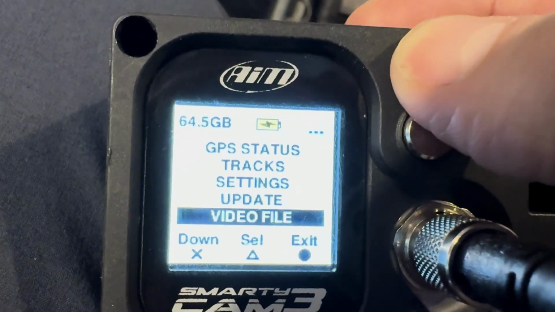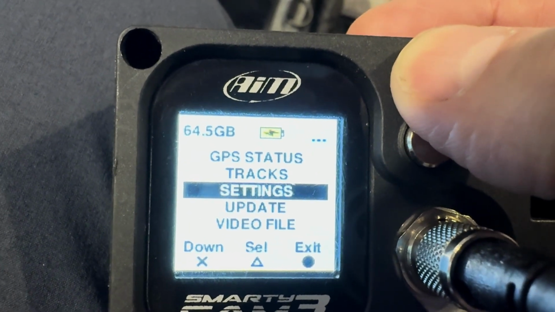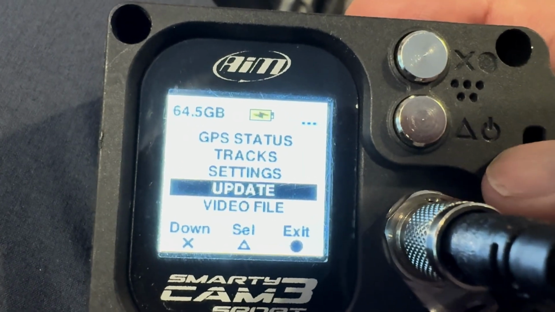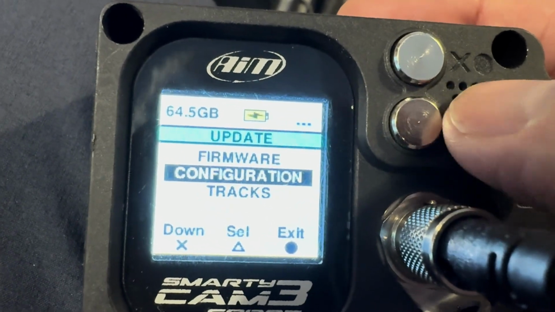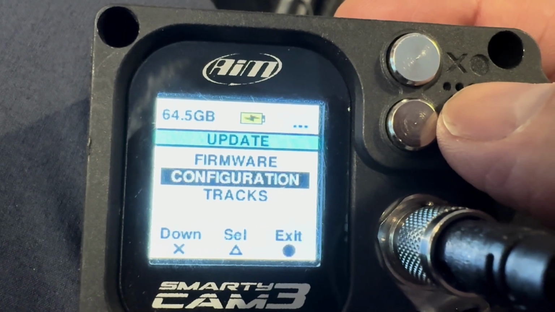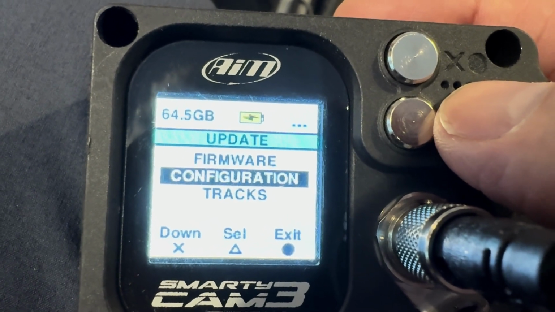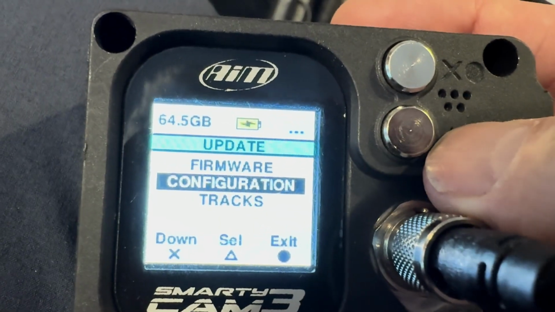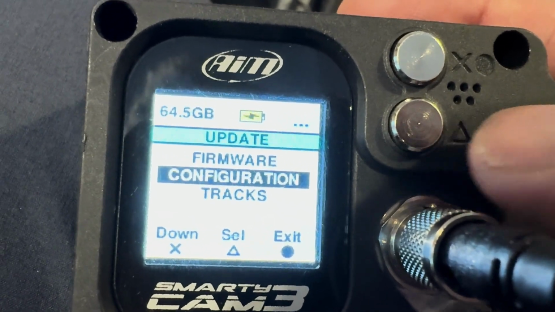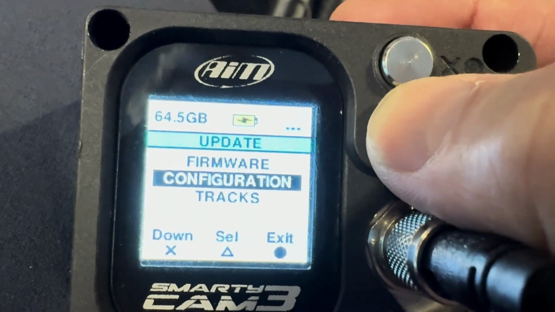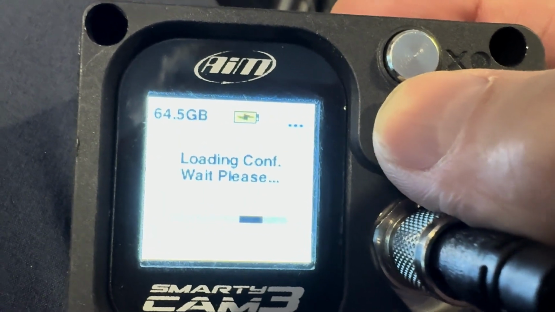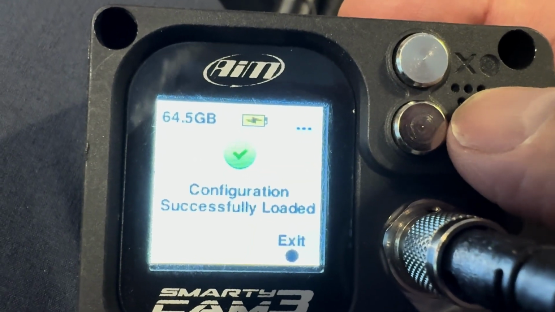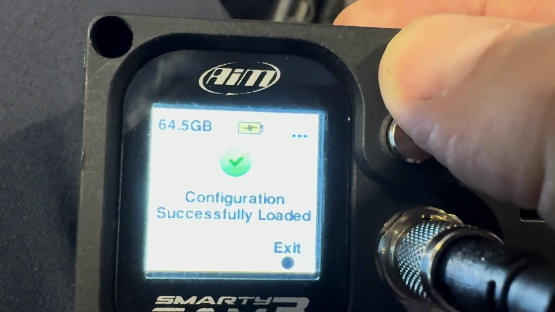I can go up and down through everything. You'd think it might be in settings, but actually it's in update. So go ahead and select update. Your choices are update the firmware, update configuration, update tracks. In this case, we're updating the configuration, so I'm just going to select that. You'll see that it's loading the configuration and it says all okay. If I then exit,